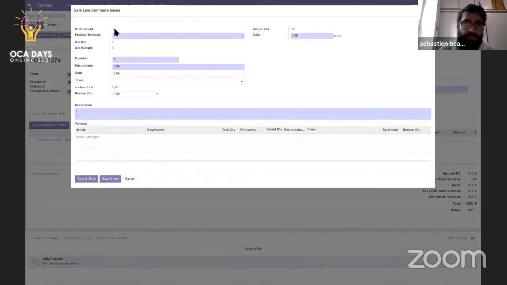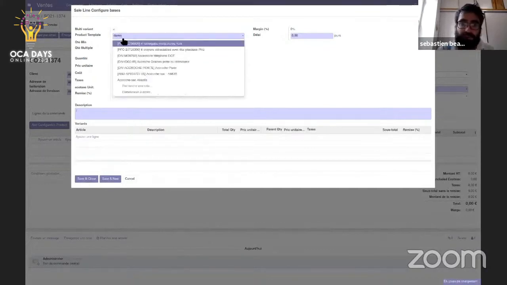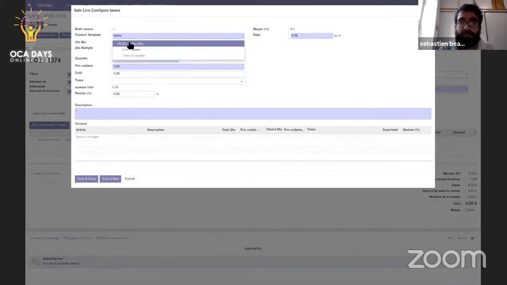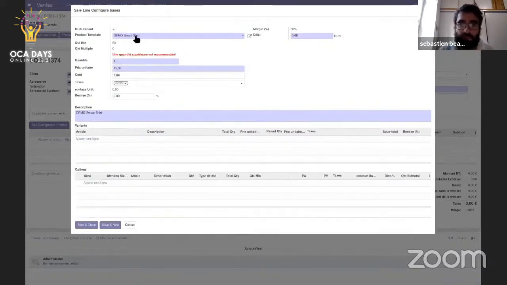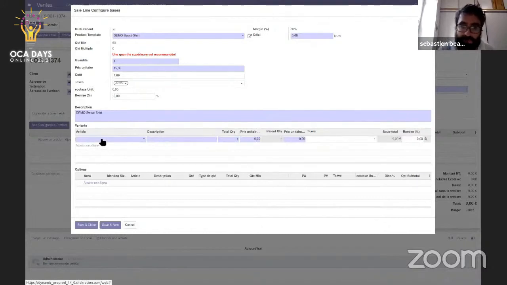So if I take this option, instead of selecting a product on my sell order line, I'm going to select a product template. Then here I have a minimal quantity of 50 products.